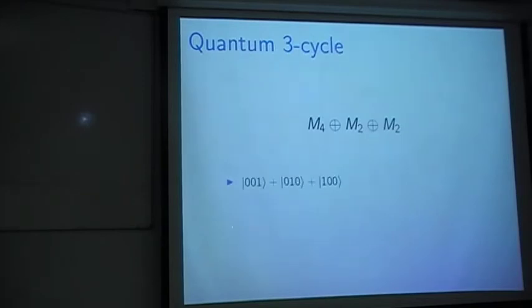So the first one is what you would expect. And the second one is non-standard, and here you have the third root of unity. If you cycle it, then you will get the same thing back again, but multiplied by a third root of unity, which is again a global phase we can ignore. And then you can also do it with the thing swapped here. That's the last one.